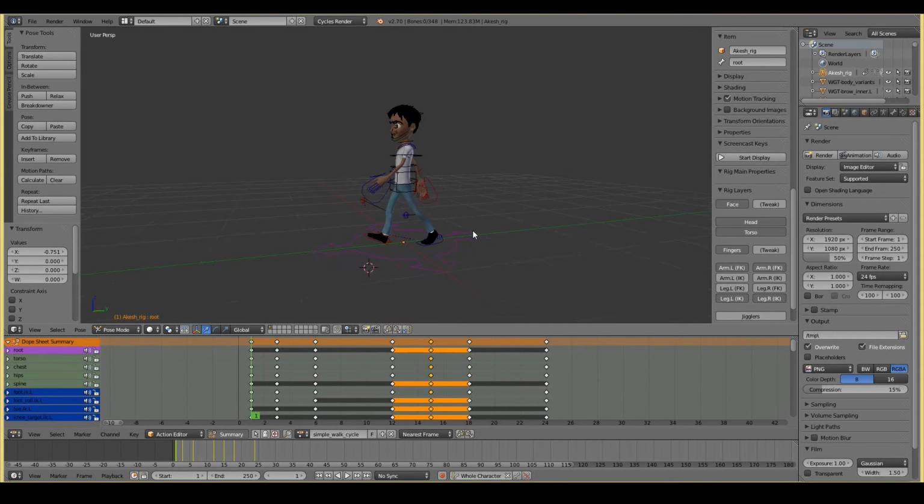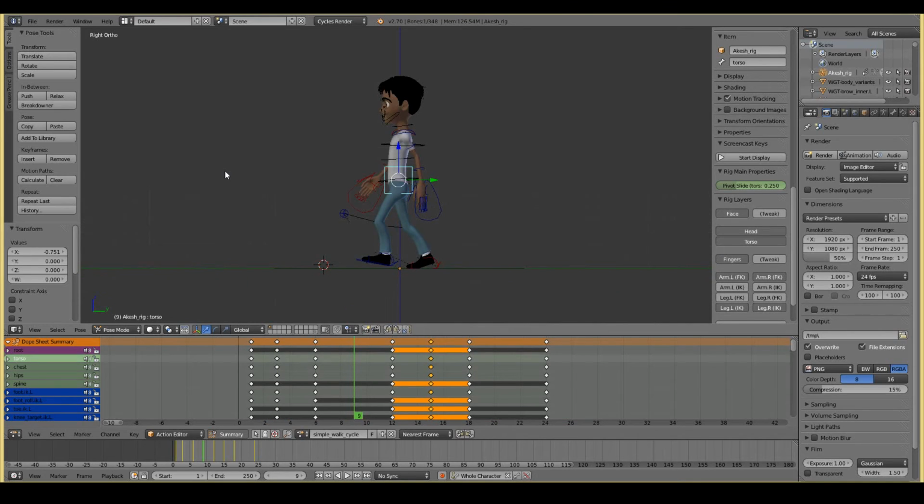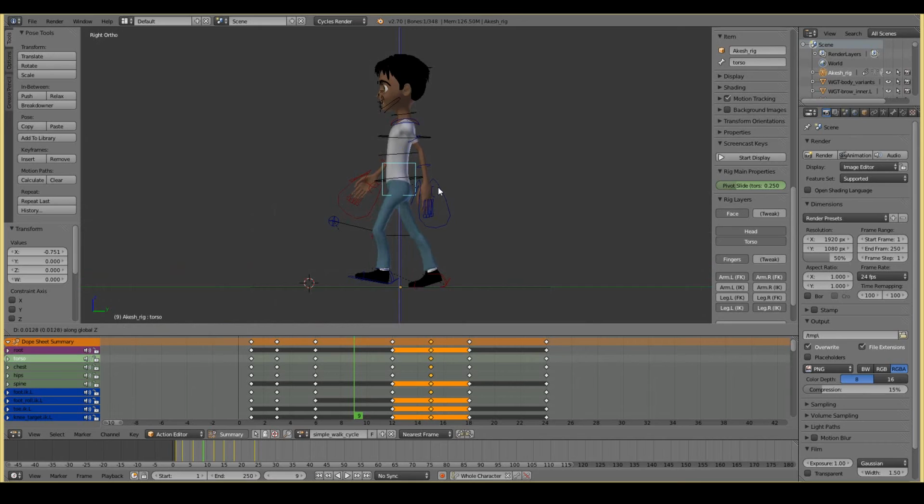Alright, cool. Next, we're going to create the high pose, which will pretty much end the walk cycle. With the high pose, you pretty much have the torso and the head at its highest point. So we're going to go ahead and create that. All I'm going to do is move this up the Z-axis towards its highest point.